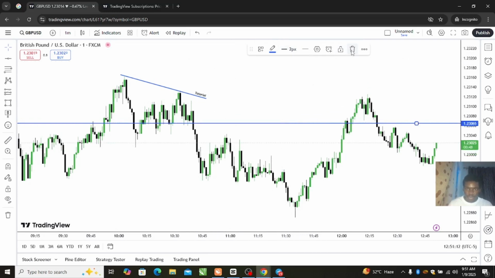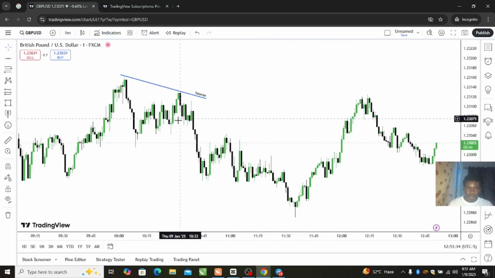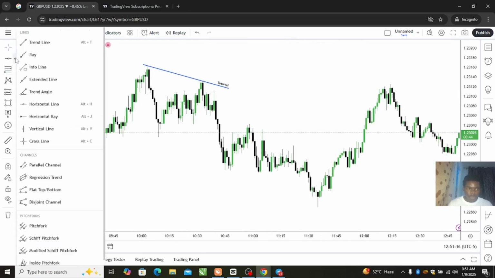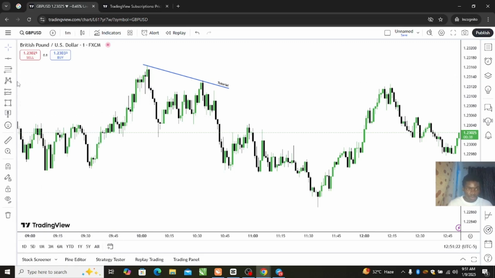If you want to delete it, just click on the delete icon and delete it. So you can just go through these tools right here, the line tools, to see which one you want to use or which one is going to feel better. Now let's go to the